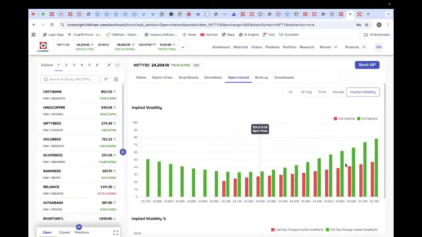Okay, so while the positional trend is still slightly bearish, intraday it's okay. Intraday we are seeing some clues which are bullish. So Nandish, I would like to understand what trading opportunities we are seeing based on the current clues that we have shared.